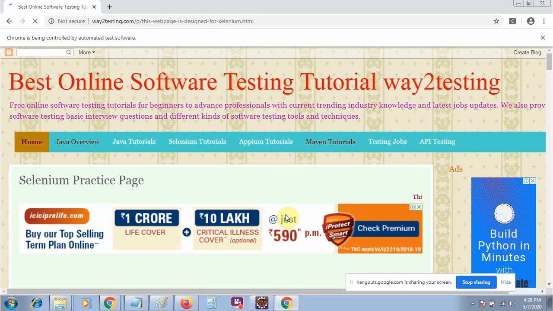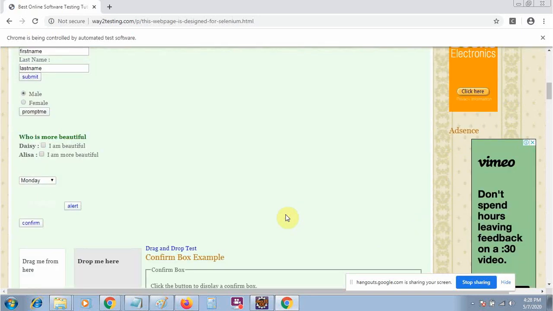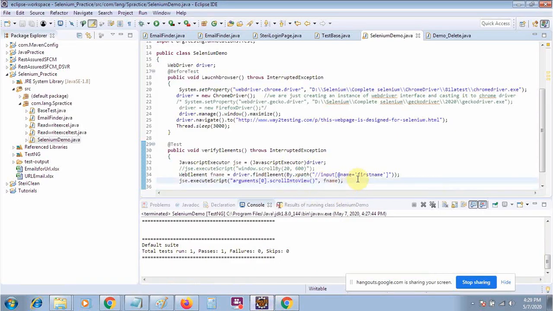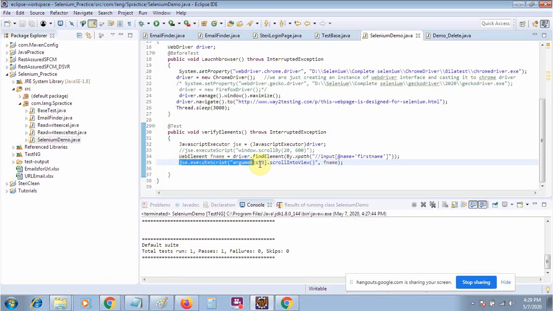In the third scenario, we will check how to scroll up to the bottom. So you can see that you have taken the first name, so it has been scrolled up to the first name. Okay, this one you are going to use too much in your actual Selenium script, how to scroll up to the element. So always remember you are writing the function here, scrollIntoView, under the double quote, so there will be no error even if I write something wrong, because I am writing inside the double quote. So please use correct spelling at your own end.